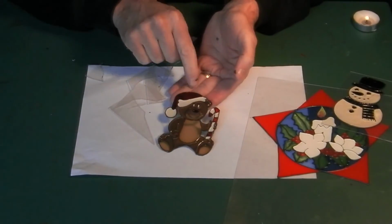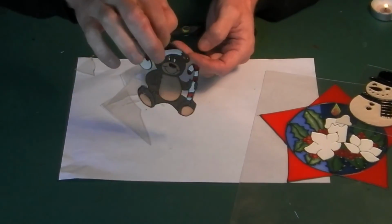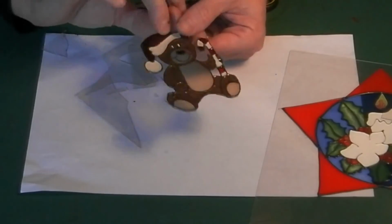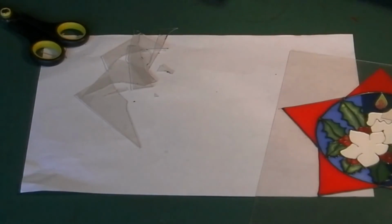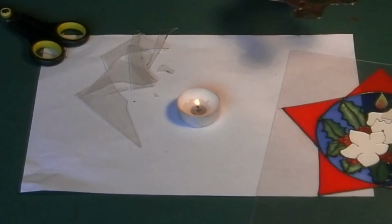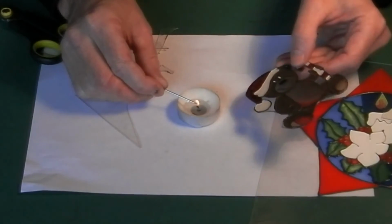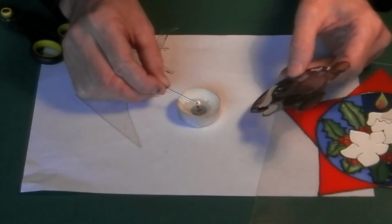Bit late now, but you have got two choices for the hanger. You can leave a little bit at the top if you want, but for this I'm going to put it through, and you need to work out roughly where you want it to hang. Now I have a candle here, ta-da, and I have a needle. I'm going to heat the needle up in the candle,